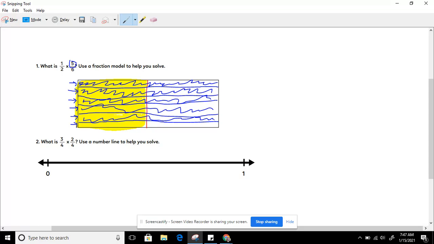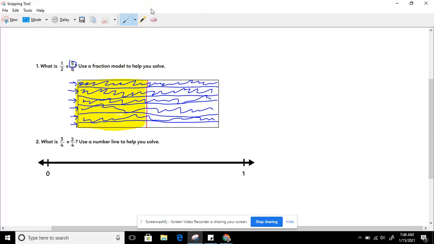The yellow is showing 1/2. If you could just visualize the yellow, you can see that that's colored in half of the fraction model. In blue is the 5/6. So if we broke up the fraction model horizontally by 6 parts, and we shaded in 5 across. So now we're going to look at using this number model to help us solve this multiplication problem of 1/2